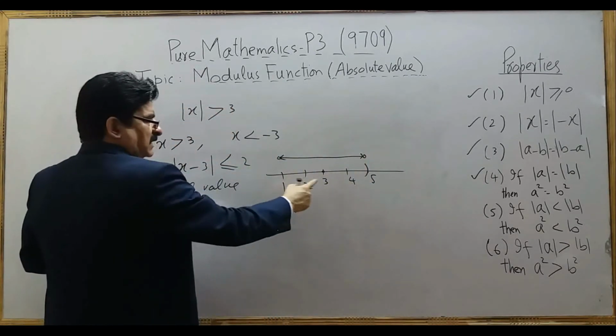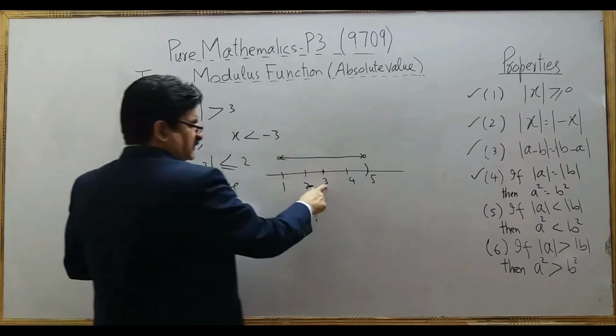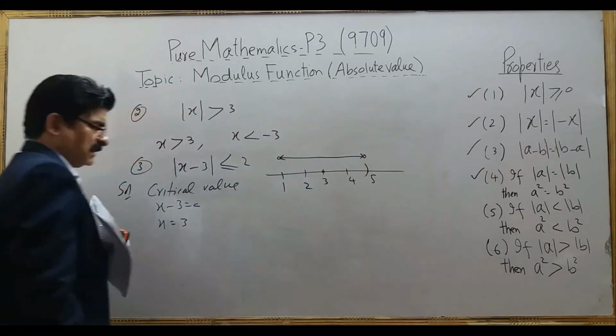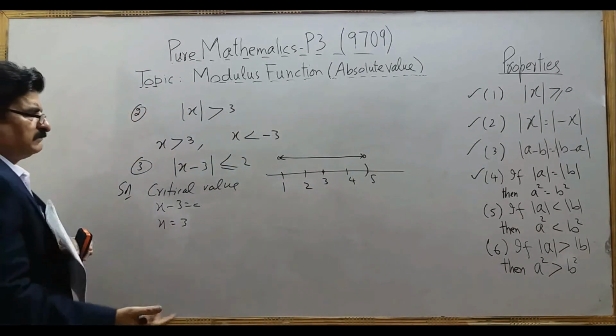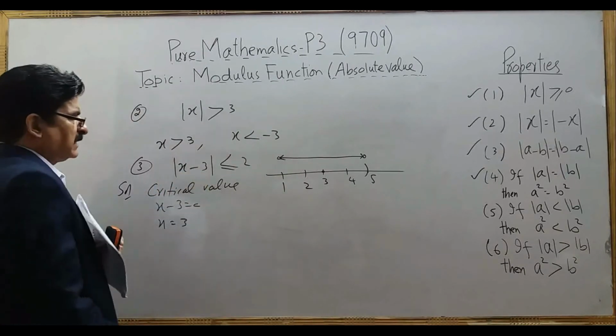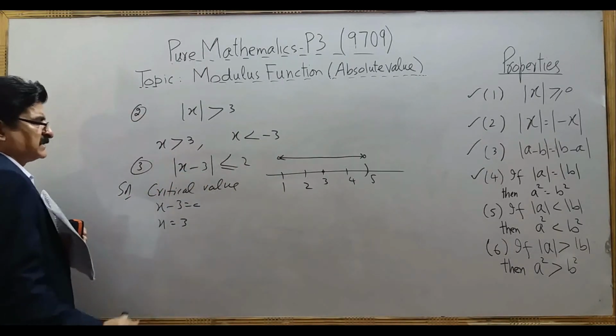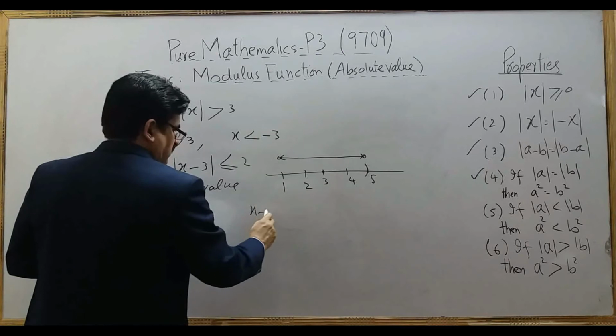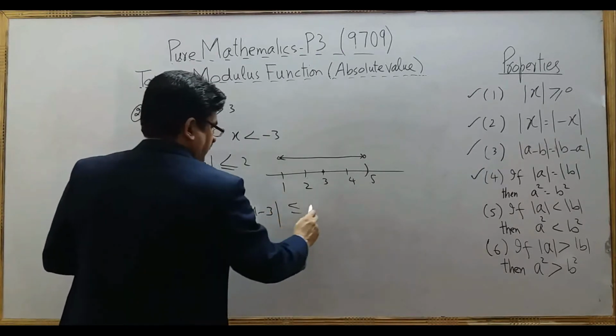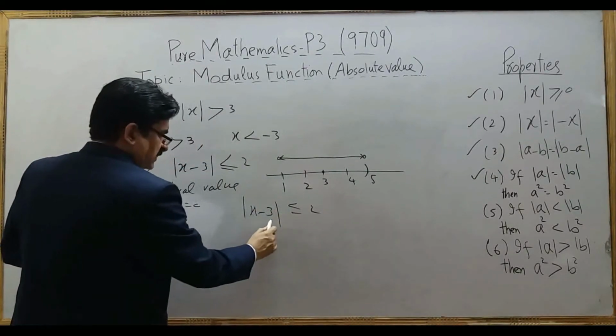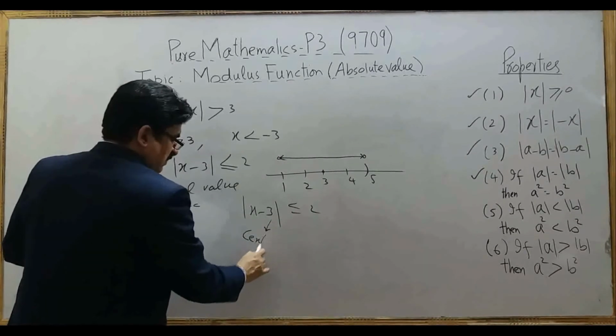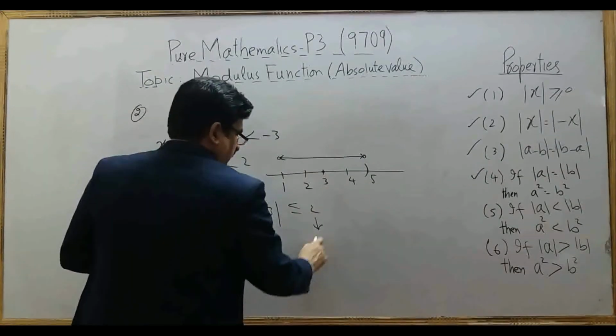Because if you move 2 steps left from 3, 2 steps right, you can think of it as you have done in circles, center and radius. So this is the center, this is also a way to remember it, that this 3 is the center and this is the radius.